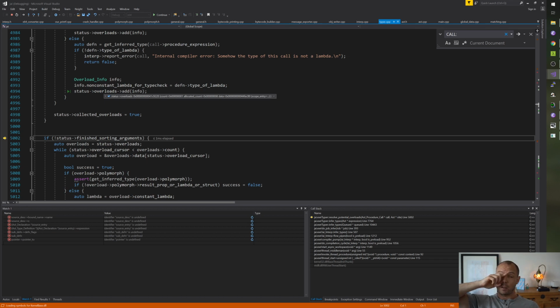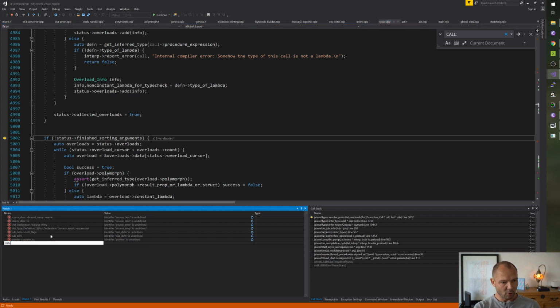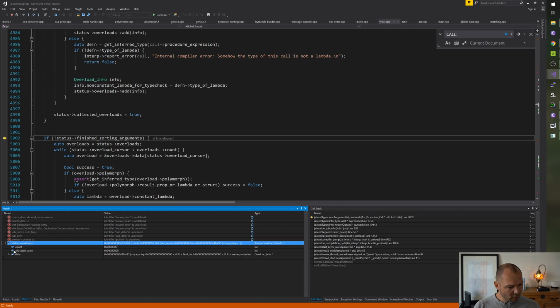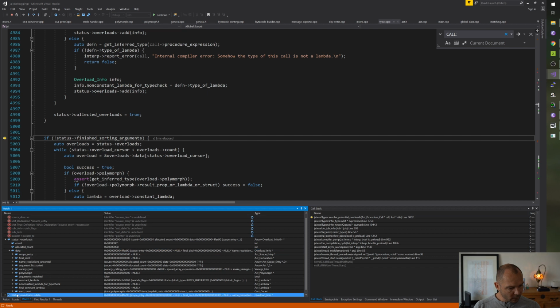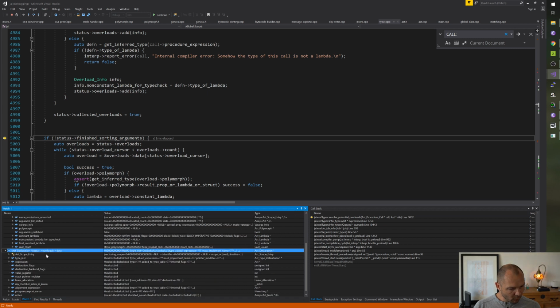Oh, but never mind. That's actually not right, because this is going to be like an overload head, right? That's going to have more. I think I changed the implementation of this at some point. Okay, so I'm going to do this, cast this to declaration. Whoops.